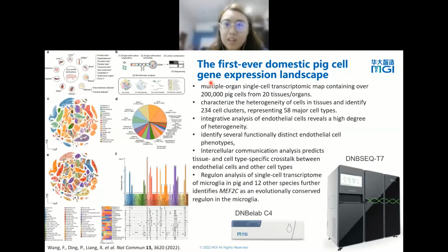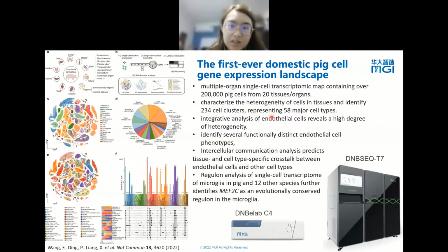Sometimes we would like to know the overall picture of gene expression in a particular biological system. Here they sequenced 200,000 pig cells from 20 different tissues and organs, and then characterized the heterogeneity of cells and